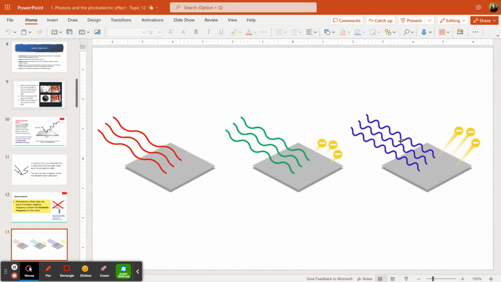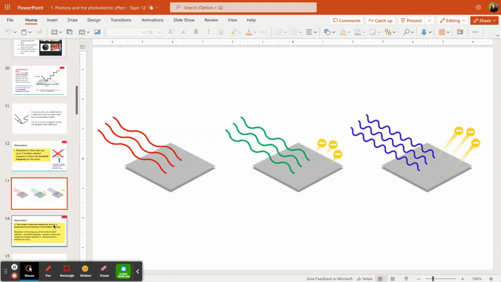So green and violet lights all have frequencies that have met the threshold frequency for the metal, and electron emission does occur. You will also notice, hopefully, and more on this later, that the electrons are emitted with more energy with the violet light, which should hopefully make sense to you because violet light is more energetic than green. Okay, so that was observation number 1.